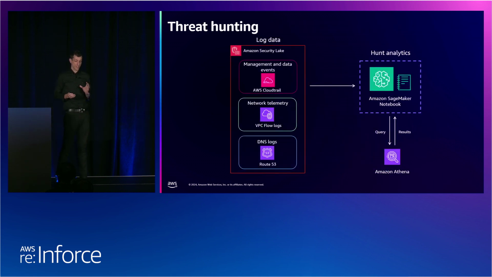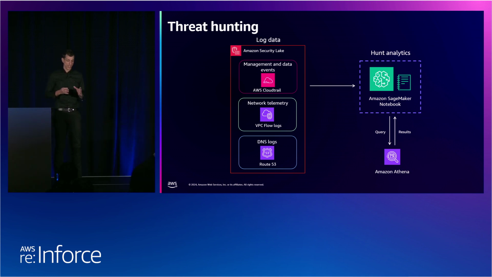This is a good point to introduce another AWS service that I think might be really useful, and you may want to introduce this to your threat hunting toolchain, and that's Amazon SageMaker Notebooks. Now, SageMaker Notebooks are fully managed notebooks in JupyterLab for exploring data and building machine learning models, which is exactly the right kind of tool for your threat hunting analysts to be leveraging to do their work in a highly reusable and human resource scalable format. By leveraging Amazon SageMaker Notebooks, you can create self-guided, self-documenting, prescriptive playbooks for your analysts to use to search across your security lake for indicators of compromise.